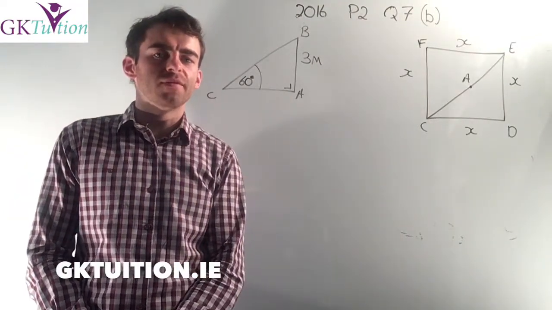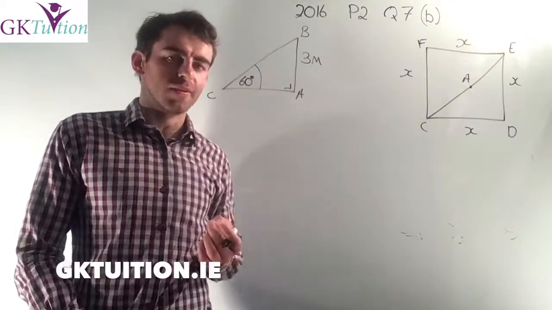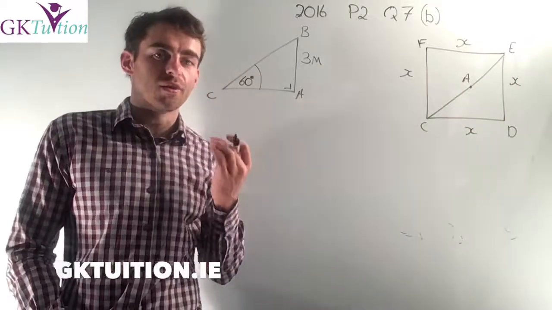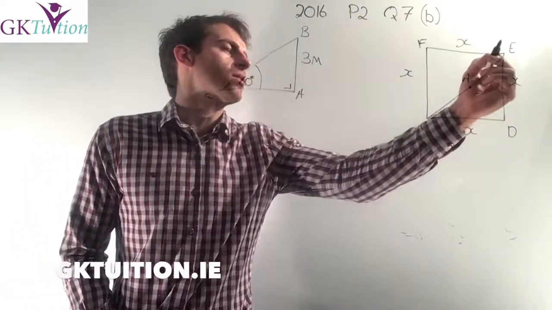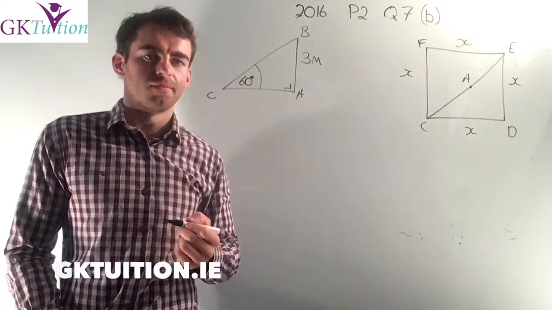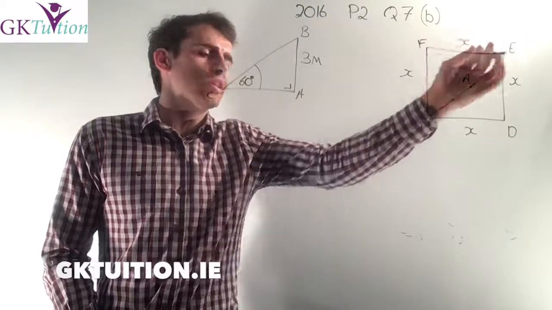Okay, so for part B of this question, we're now dealing with an entirely different roof lantern. The difference in this case is that the base of it is a square. In other words, all the sides are the same distance. All the sides are the same length. So in this case, basically the question here is to find the value of one of these sides,